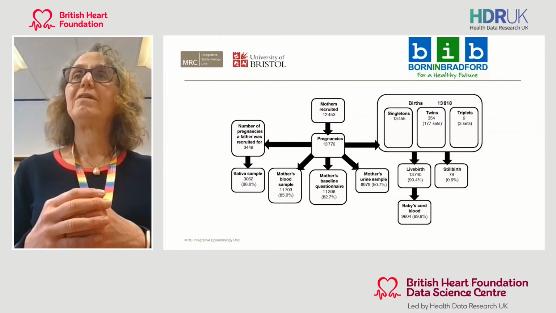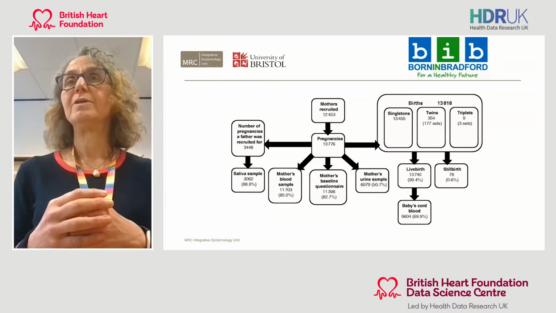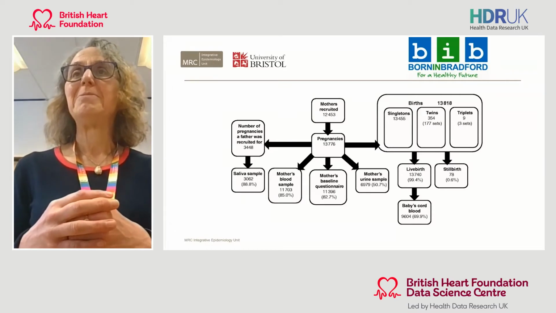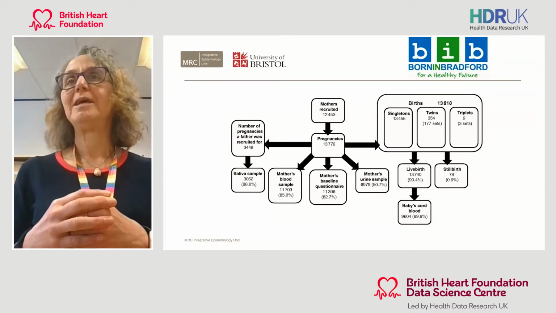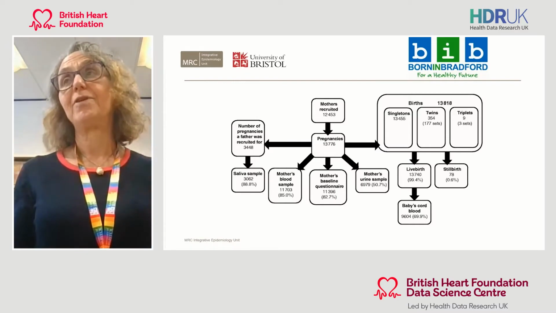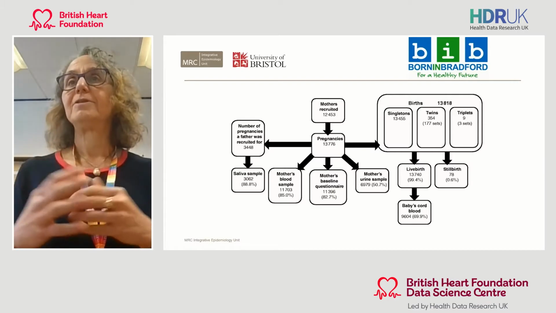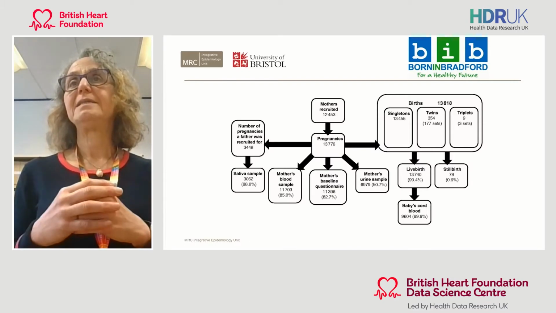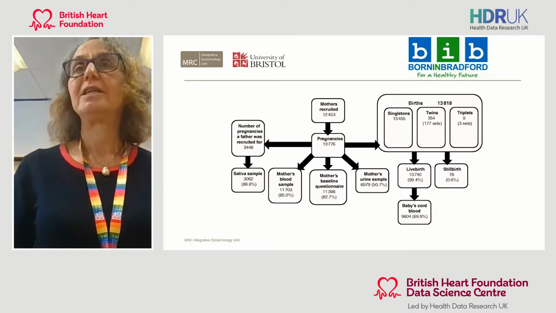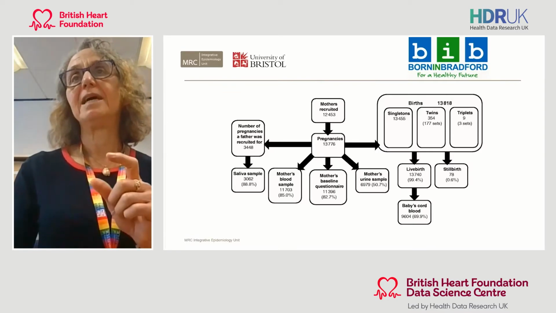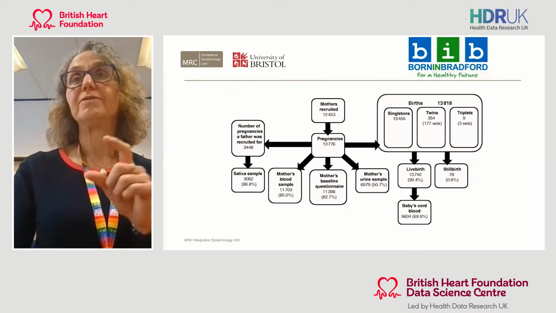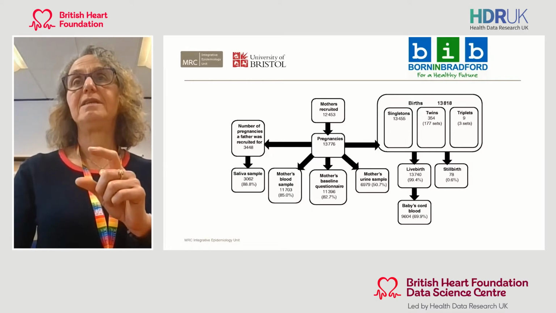So from the start, we've been in a position where we're able to, by going with begging bowls and working with industry, and from the link between Bristol and Bradford and other collaborators, get funds to do multi-omics data, and then eventually to link those data to all of the routine data across the city of Bradford,